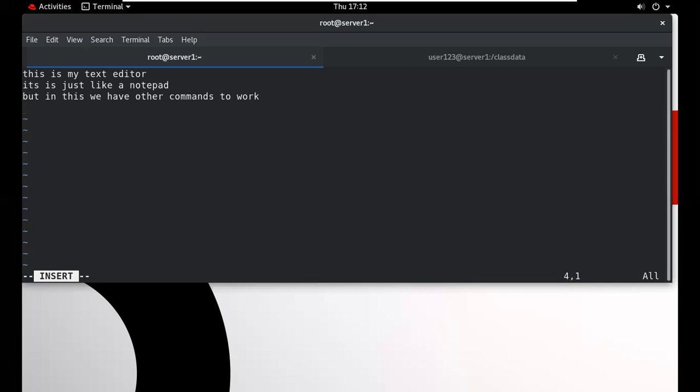Like when we want to insert, I is used for the insert mode.